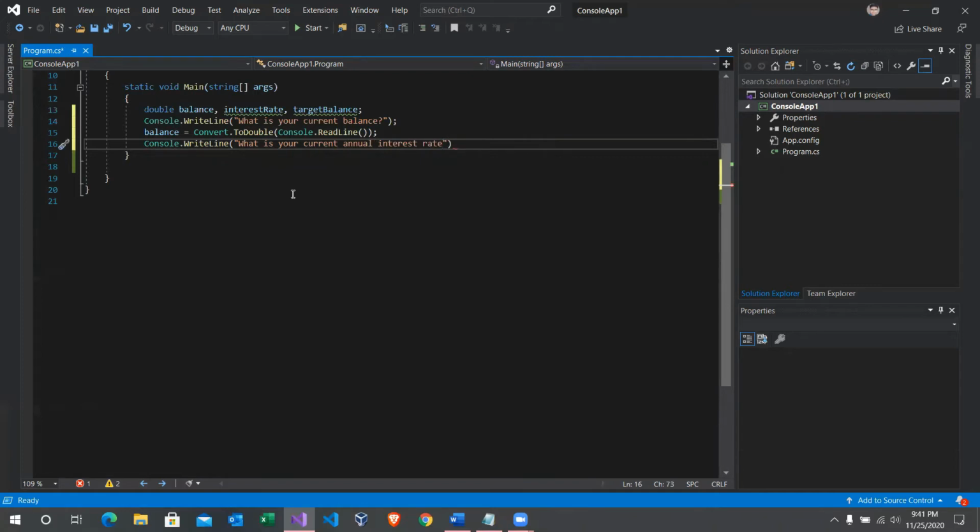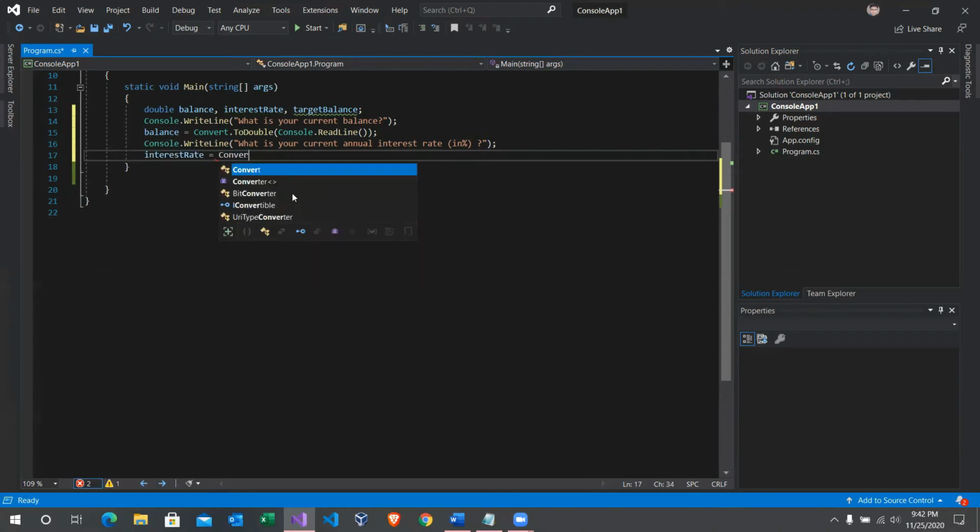So let's take that in percentage, question mark. Okay, for the interest rate we will use the interest rate variable to initialize it and convert it